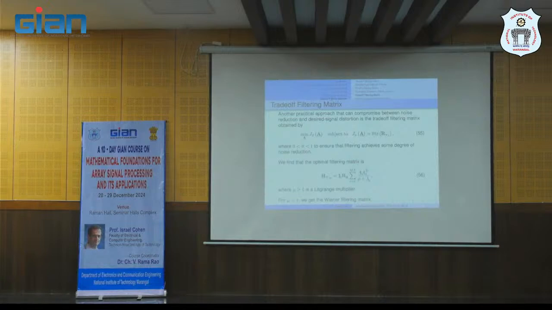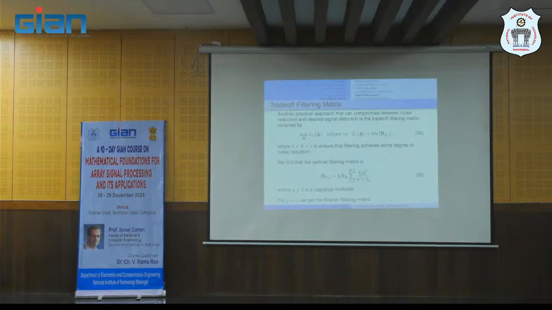So we say, okay, why should we control the trade-off between noise reduction and signal distortion using one parameter? Maybe we can choose both mu and also here Q. Okay? This is one question. So we can control using two parameters. Why limit ourselves to a single parameter? Another thing is,